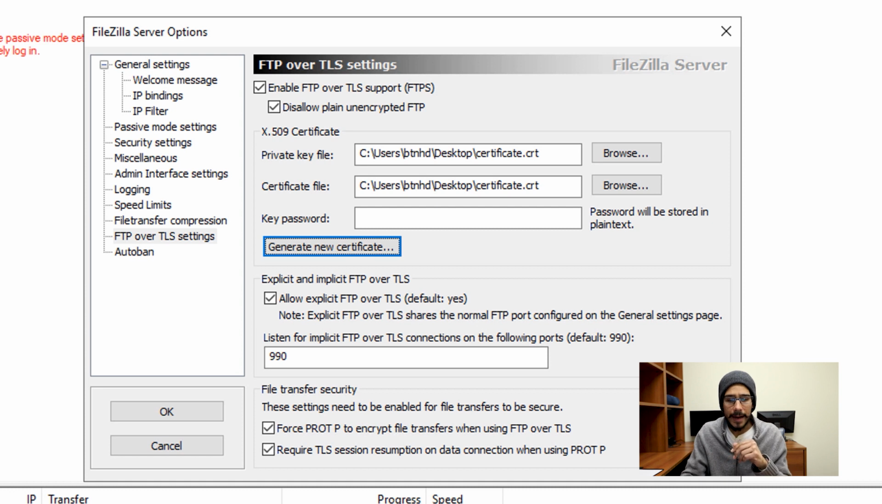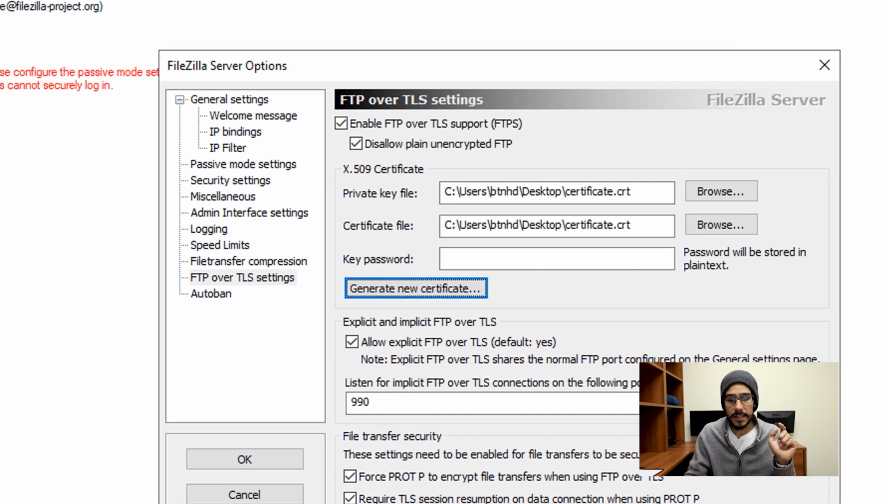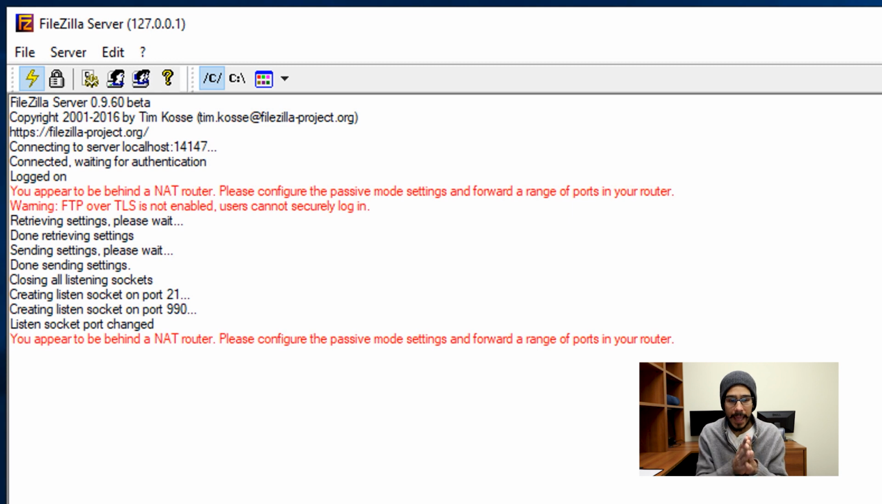So click OK, get out of that, and the next thing that we need to do is, by default, your TLS connection is 990. I recommend changing that as well, but for this video, I'm leaving it as 990. Once you're done with all those settings, just click OK. And again, I'm still getting that little red line stating that my machine is behind a NAT firewall. I need to configure the settings for passive mode, so don't freak out because I'm going to show you guys